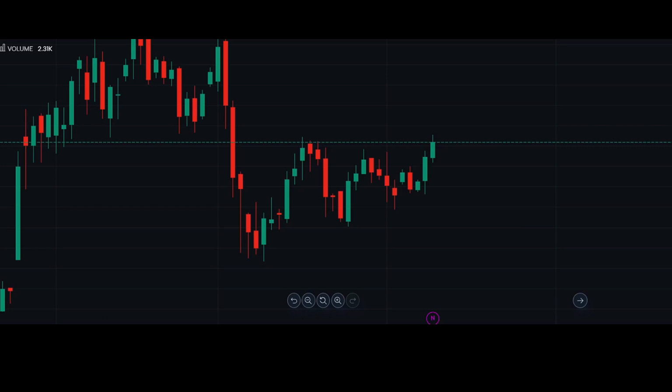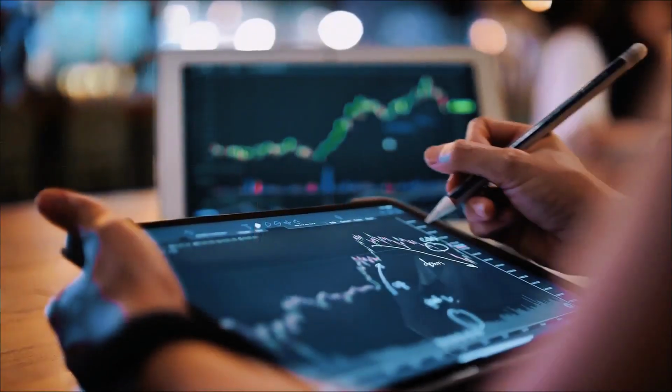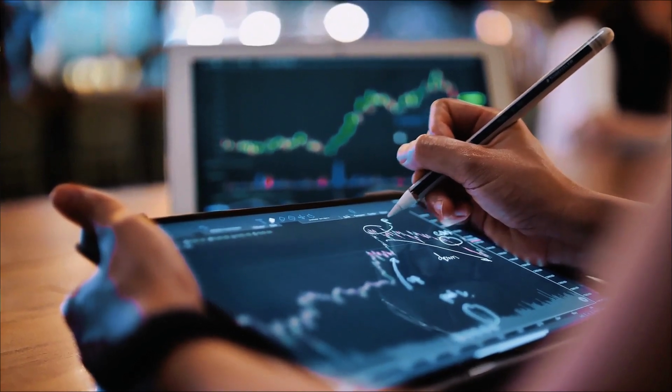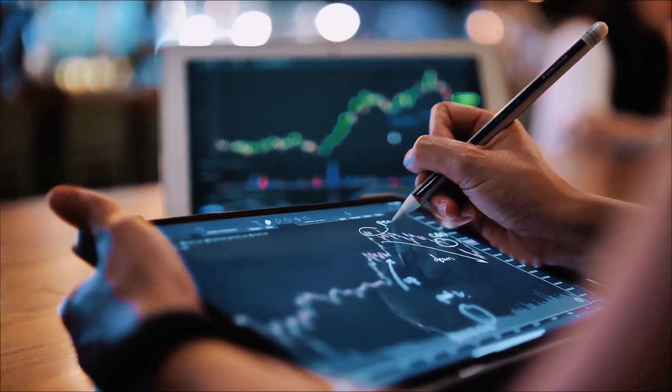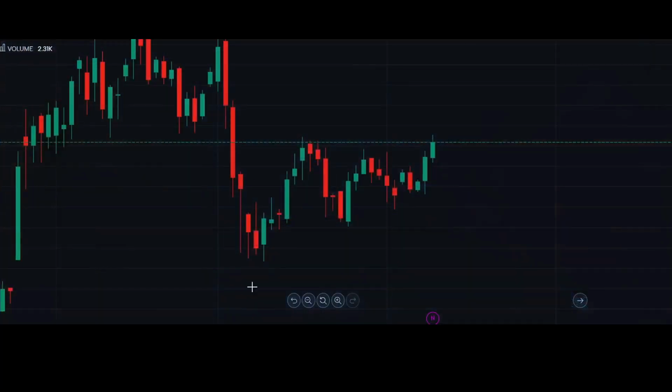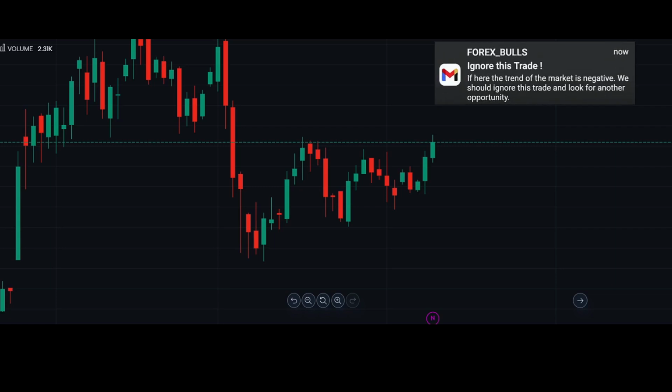I know some people have difficulties finding that trade and finding chart patterns, but for this you have to learn all the chart patterns, and you observe the market structure and chart patterns all the time. This is the only way to learn chart patterns. You should practice more and more. In this ascending triangle pattern, if the market is negative, we should ignore this trade and not try to put in an entry. There are so many opportunities in the market. We should ignore so many of them.